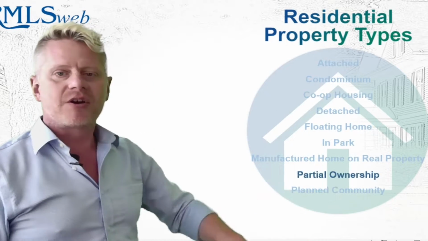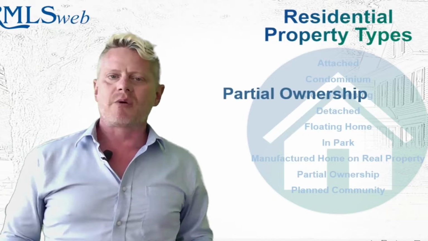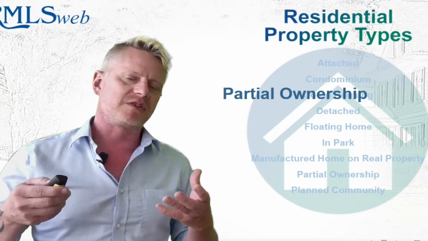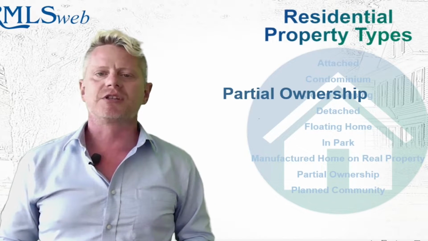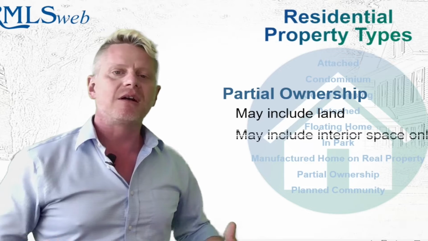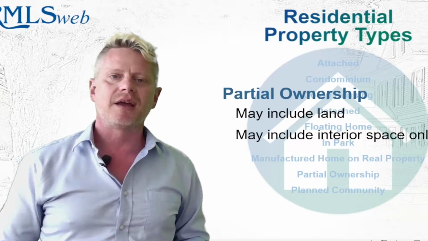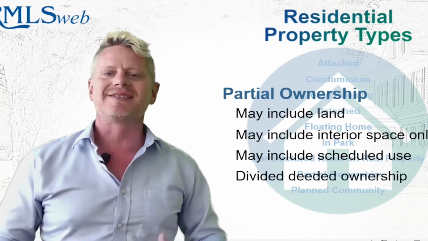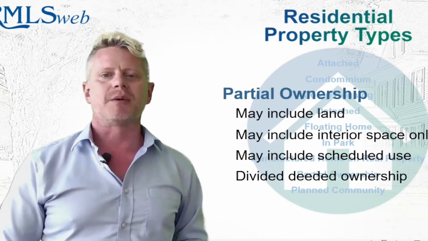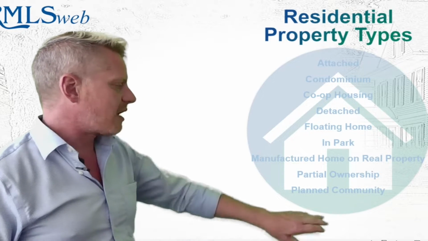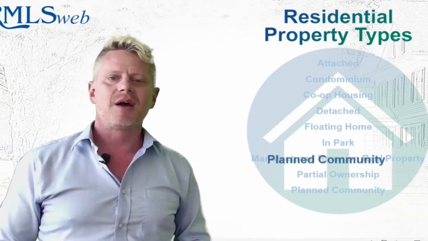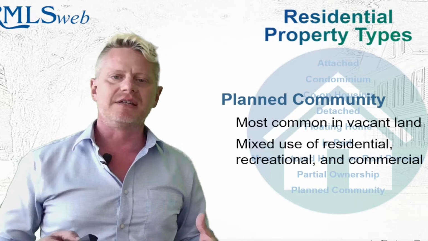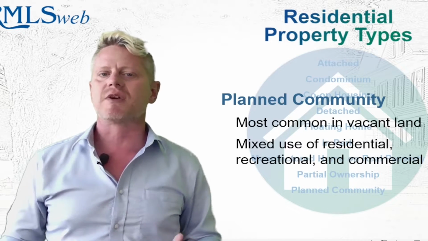Next, we have our partial ownership properties. With partial ownership properties, these are most commonly seen on the coast, in the mountains, or at other sort of resort-style communities. With partial ownerships, this may include land. It may include the interior space of a structure only. It may also include scheduled use. But what it will always include is divided, deeded ownership. Next, and not very commonly seen, is our planned community. Planned communities are typically vacant land that's going to be subdivided, that has a mixed use zoning, such as residential,